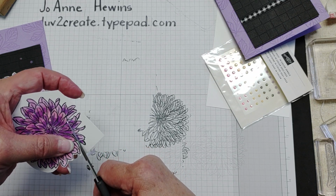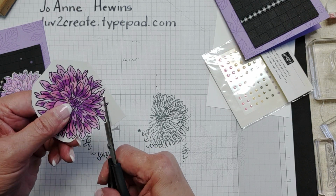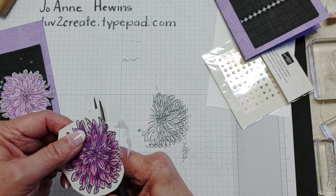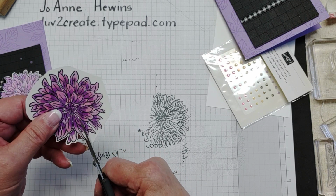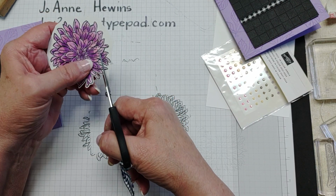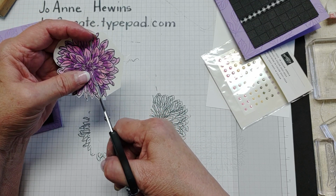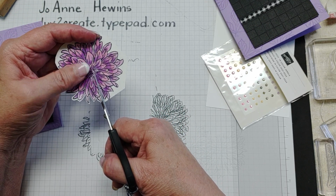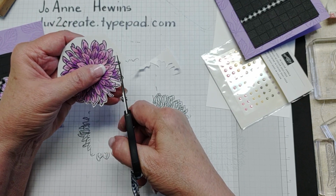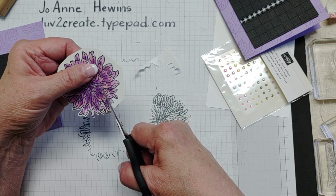Okay, I do like to leave a little bit of a border around mine. And I do use my right hand, or I'm sorry, my left hand to move the paper around so that my right hand is mainly just cutting. I hope you can see. Okay. And so after I get this cut, we will add